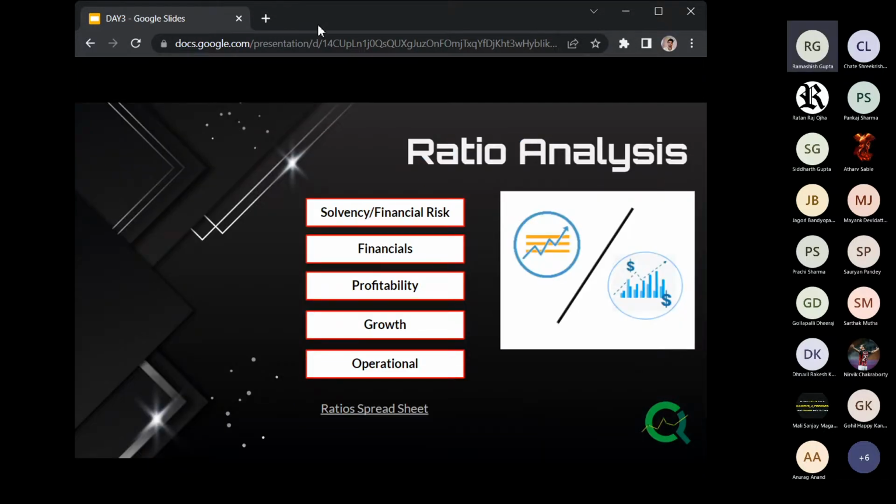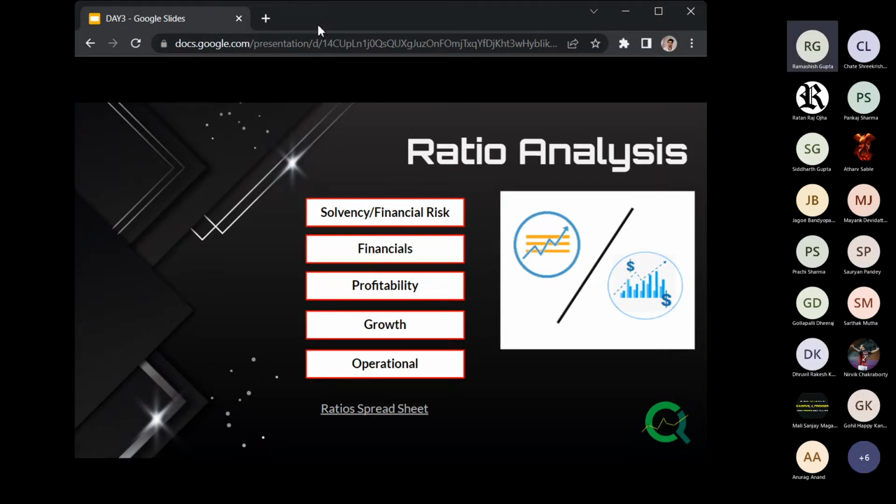So what ratio analysis is basically: in the past hour we learned about a lot of terms in the financial report. Now suppose you want to invest in a stock, so you want to do some analysis on those reports and come up with an answer: yes, I want to invest here, or I don't want to invest here, it's a good option, it's not a good option. For making it easier, people have come up with a lot of terms, and they are in terms of ratios because we are dealing with numbers.